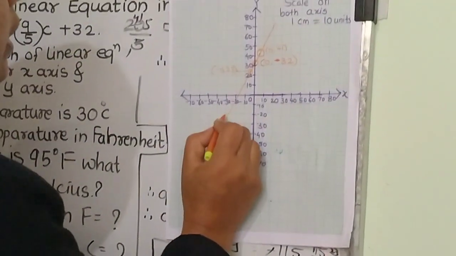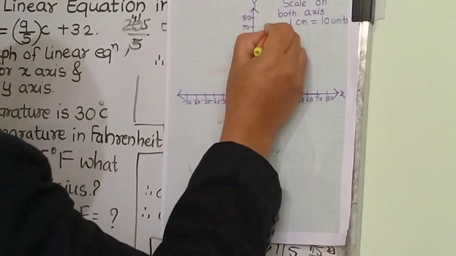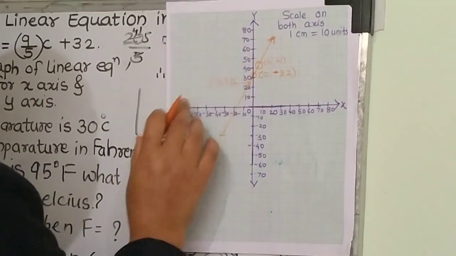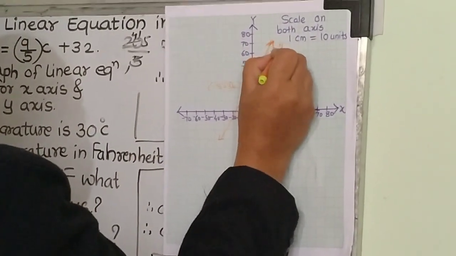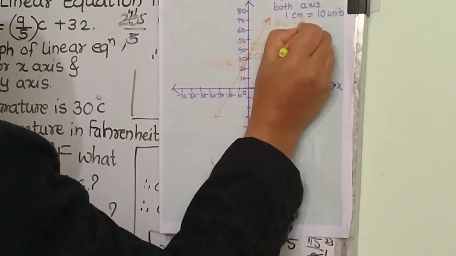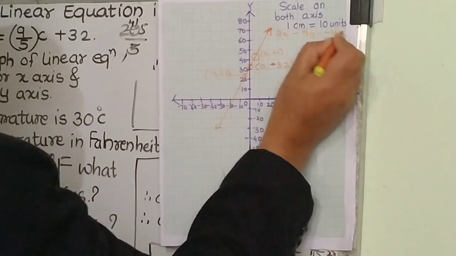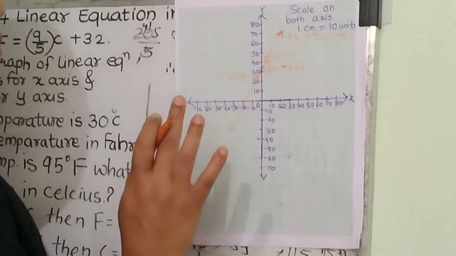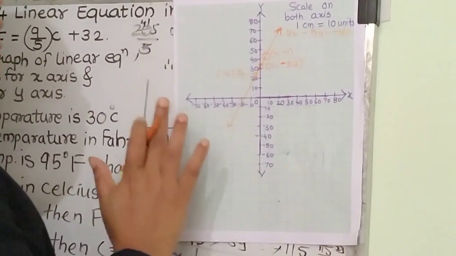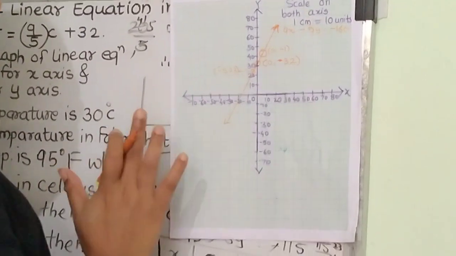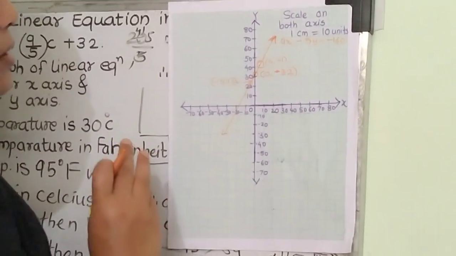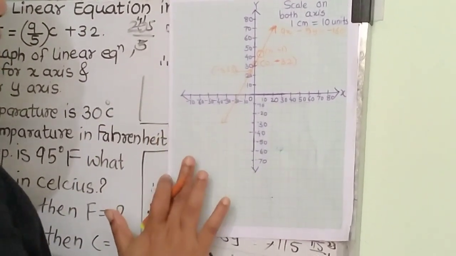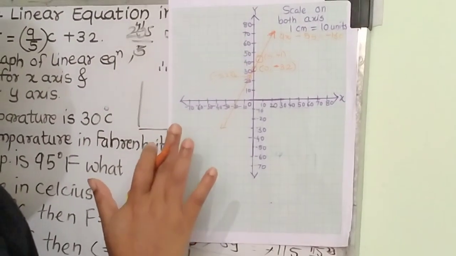So here we get the graph of the linear equation of the given equation, that is our equation 9x minus 5y equals minus 160. So this is the graph for the given question number 8. You have to draw the graph by using a scale and pencil. Don't use a pen or sketch pen for the graph. So our first question, question number 8, is completed here.